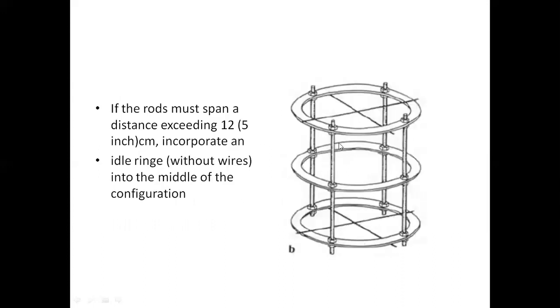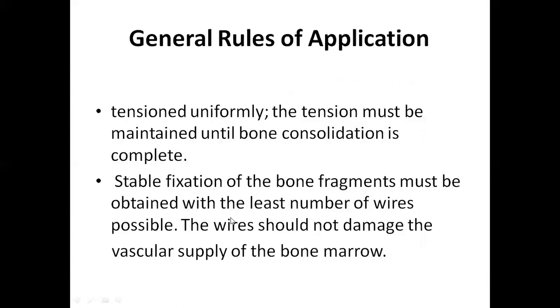And what is the dummy ring? This is the dummy ring. There are no wires, but it increases the stability, increases your frame construct strength, and decreases the need of many assemblies like the telescoping rod. Usually, the telescoping rod in our setting is very costly. So you can minimize the telescoping rod use by this type of assembly.